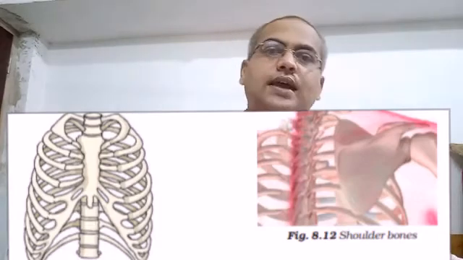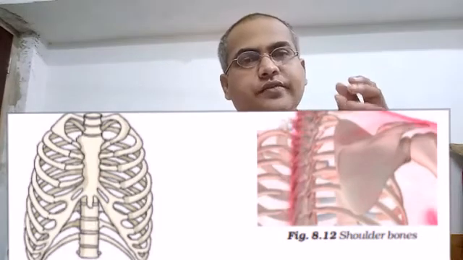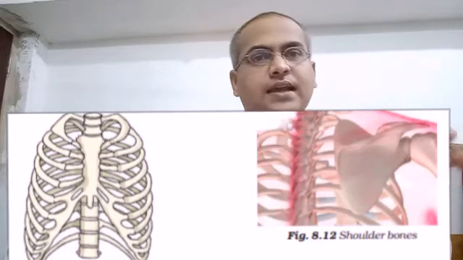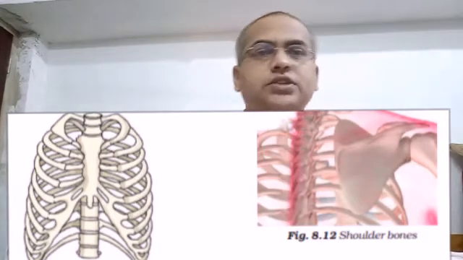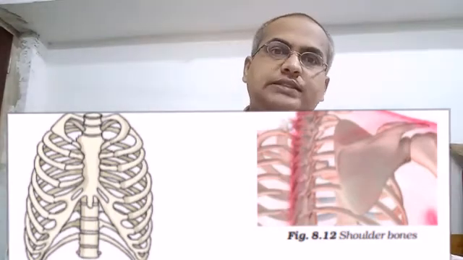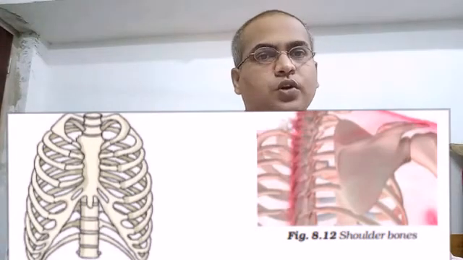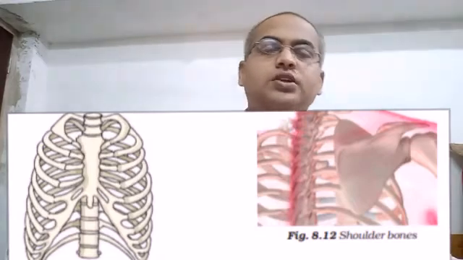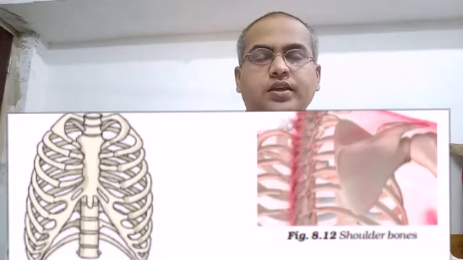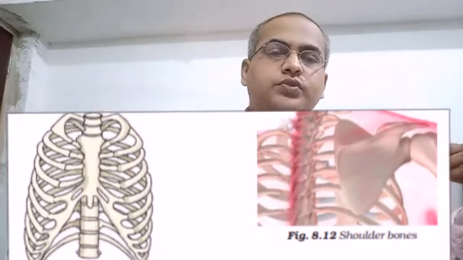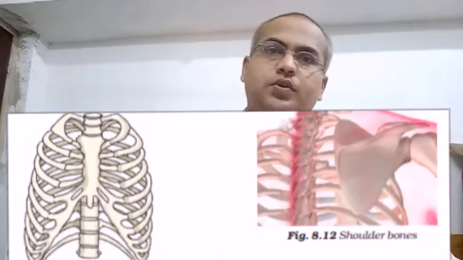Then comes the ankle, and there are several small bones, and there are 5 long bones which form the foot. And then come the toes. In the toes every toe has 3 small bones, only the big toe has 2 bones. So these are the bones which are present in our body.